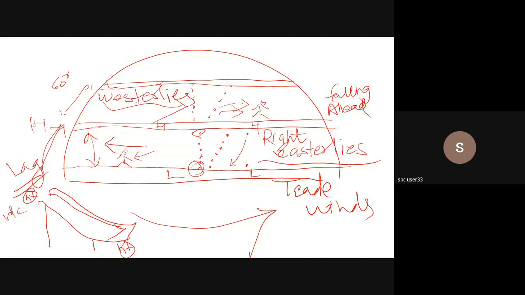The same thing happens as far as the difference in pressure gradient is concerned. Air particles are going to move from high pressure to low pressure. Got it? Yes, sir. Okay, sure. We'll move ahead. And as I said, the same thing, in a much lesser circumference, that's in the mid latitudes, leads to faster movement and falling ahead as such, and that's why these are called the westerlies.